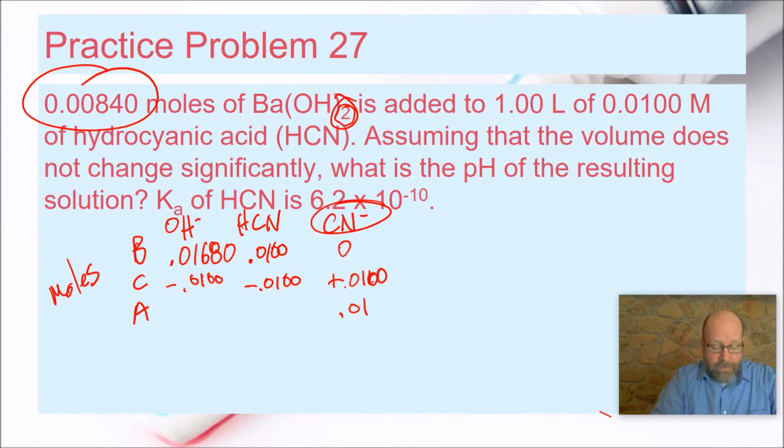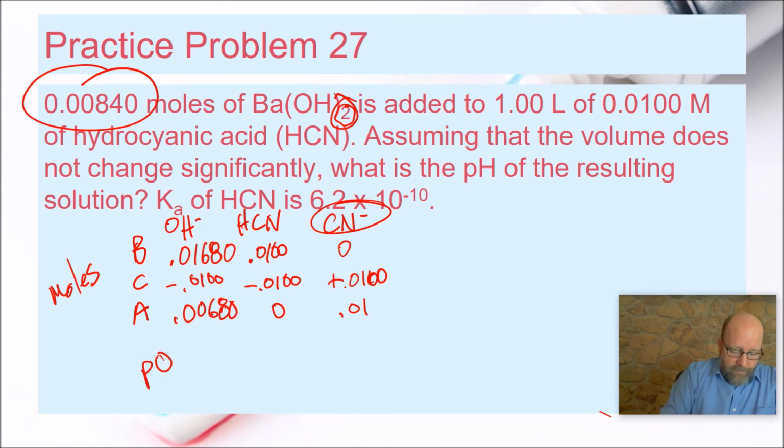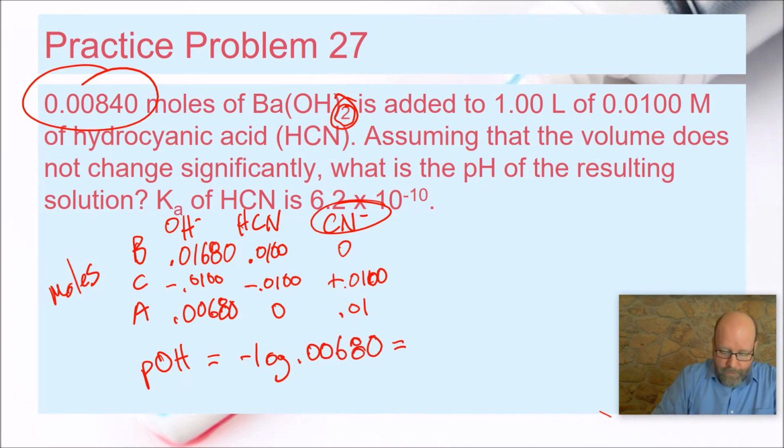So do a little subtraction. This should be pretty easy. This is going to be 0.00680 because we just took out that 1. That's going to be nothing. So now all I have to do is find my pOH, and that's going to be equal to the negative log of 0.00680, and that's equal to